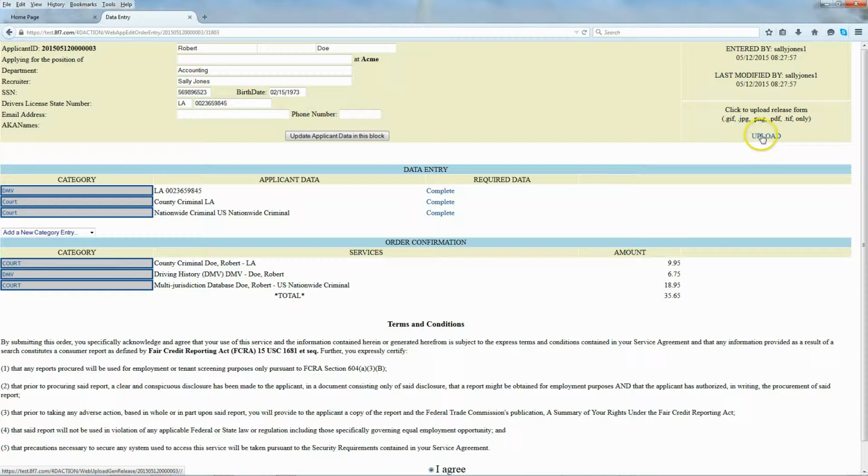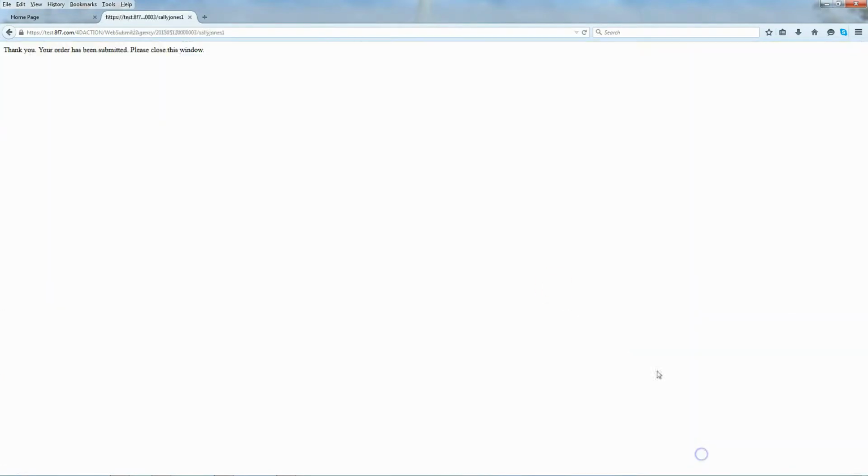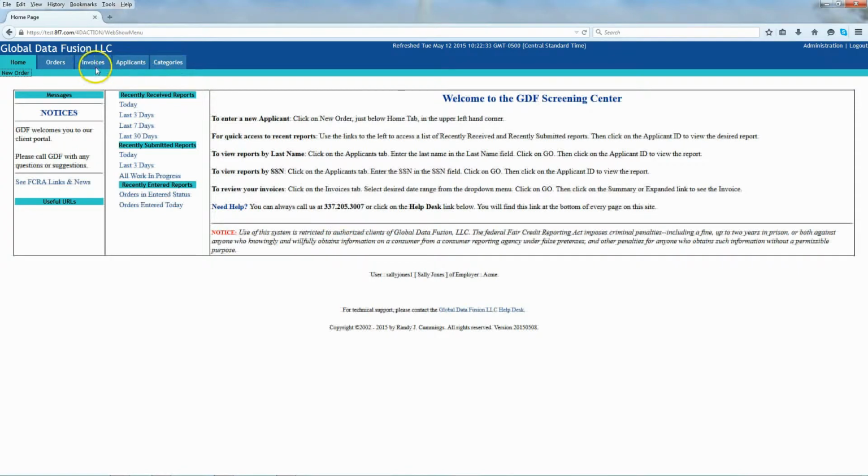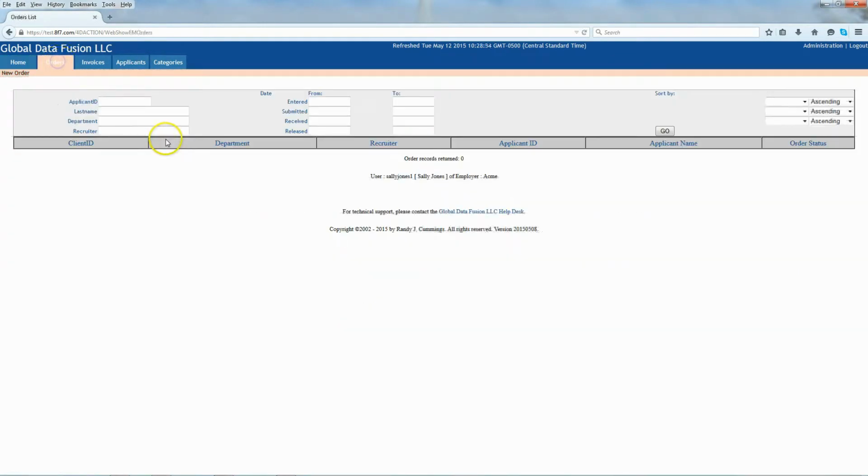This is where you would click and then navigate to the scanned authorization form, and at this point you can upload it into this person's record. It remains there permanently. So let's say we've done that. We'll now submit the order. Once we've done that, you can close the screen and you can go back to orders, and actually let's stay